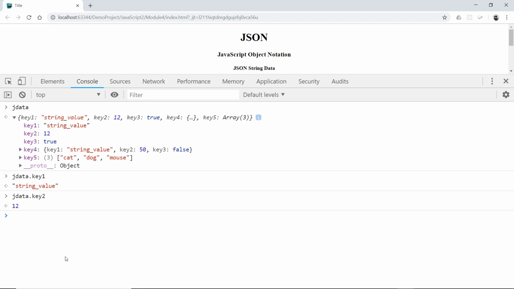Now again, the purpose of JSON data is so that you can transmit this data in a string format to another server, another site. But once it's in this object format, you cannot transfer the object over because it's just in RAM, right? So then to access key 1 inside key 4 here, you would say